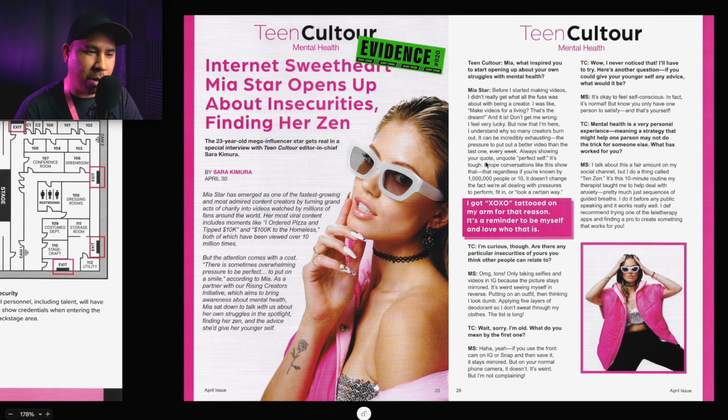Always showing your quote, unquote, perfect self. It's tough. I hope conversations like this show that regardless if you're known by a million people or 10, it doesn't change the fact we're all dealing with pressures to perform, fit in, or look a certain way. I got XOXO tattooed on my arm for that reason. It's a reminder to be myself and love who that is.